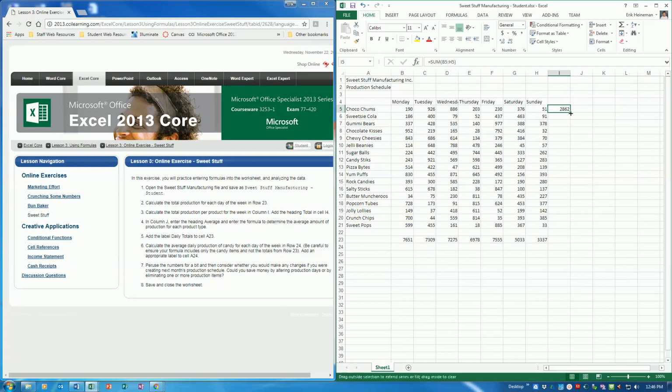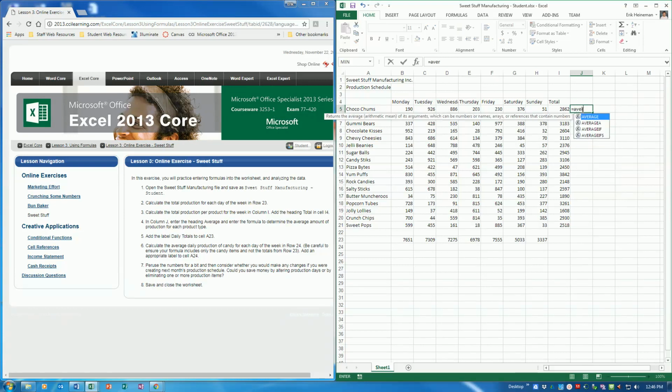Sum them across, autofill down, and then I'm going to add a total heading at the top. Column J, we're going to do averages. So we're going to average all the days for each item to find the average per item. Add a label at the top for average. I'm also going to add a daily total